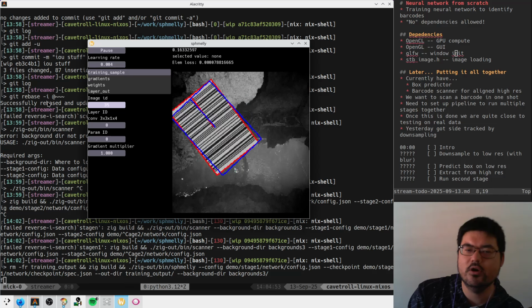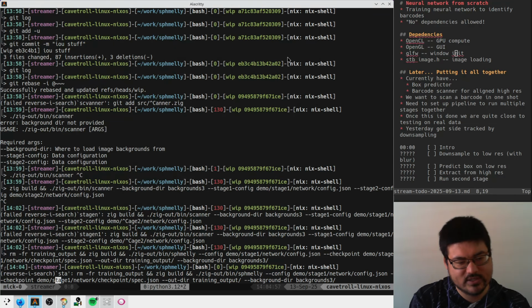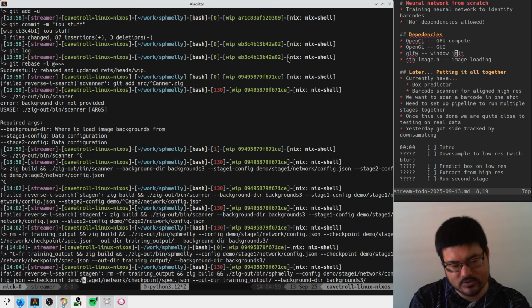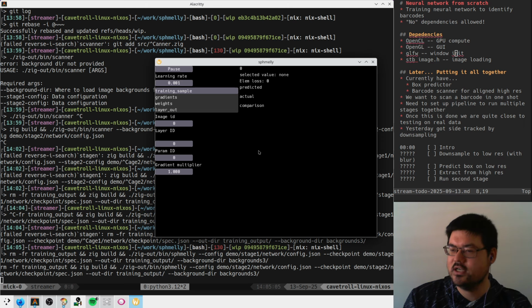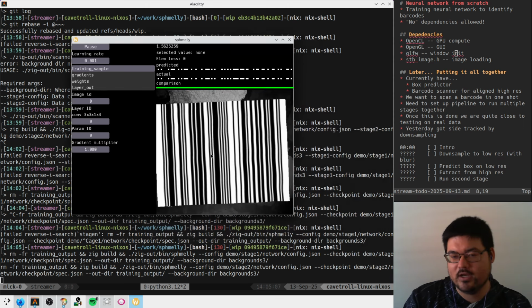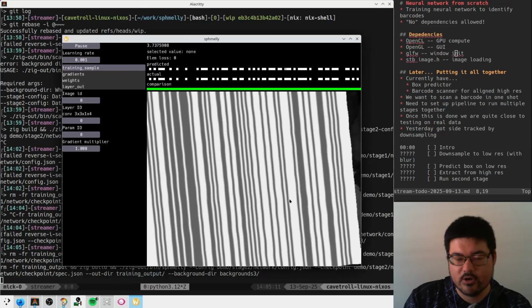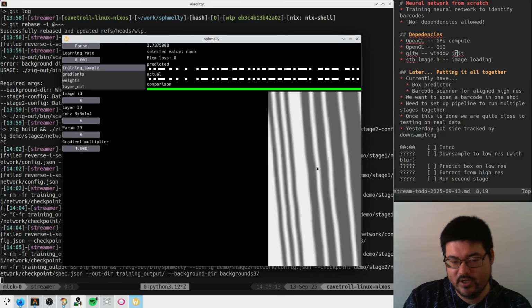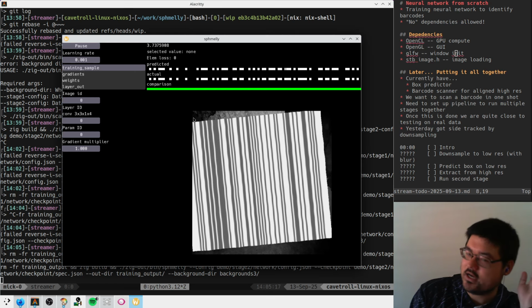But the second stage is to do actual parsing, right? The idea is that the isolation doesn't need that much resolution, so you can do it at low res. But then once we have the low res result, we want to extract that small component and use a higher resolution image to actually do the parsing. So here's an example of one where a network attempts to do this. Again, overly perfect data,